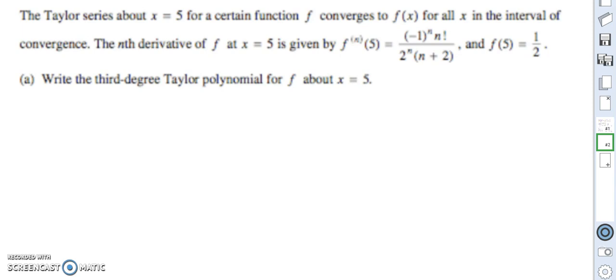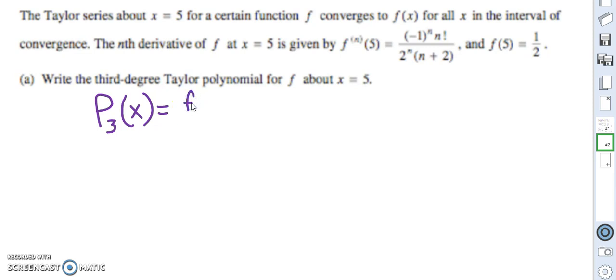Right, the third degree Taylor polynomial for f at x equals 5. That is not a confusing question. That's a very straightforward question. Third degree Taylor polynomial, I know what those look like. Third degree polynomial of x equals,